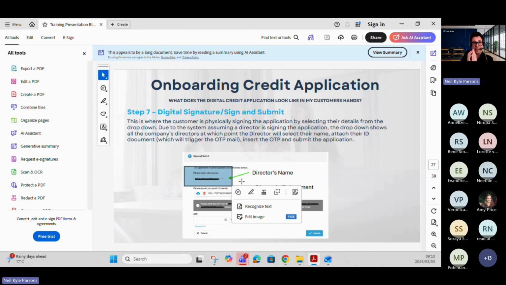All right. And then that's going to trigger the OTP. And that is one of our other topics that we're going to discuss in this session, but we're just going to loop it into this chat about the signature. So when the customer gets to the end of the app and they put their ID copy and they're waiting for their OTP, sometimes the OTP gets blocked by their mail server, because remember, it's from a no reply mail, right? Let me actually get you guys an example of what the OTP pin looks like,